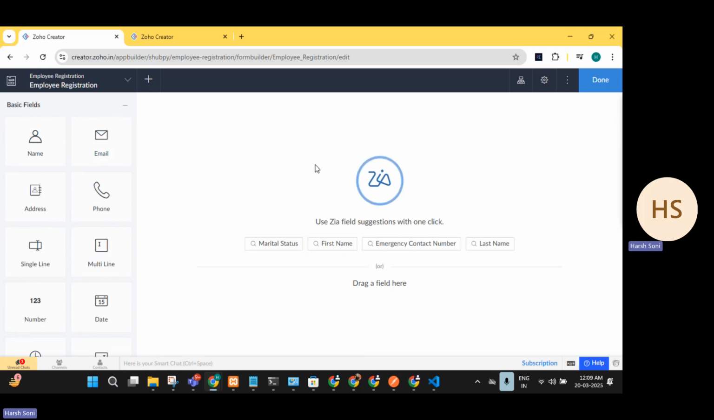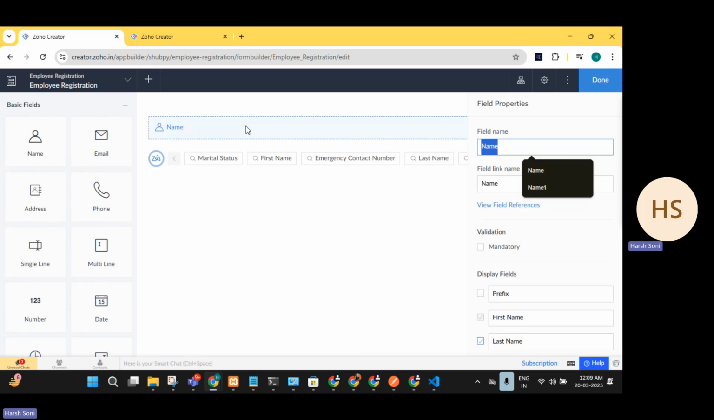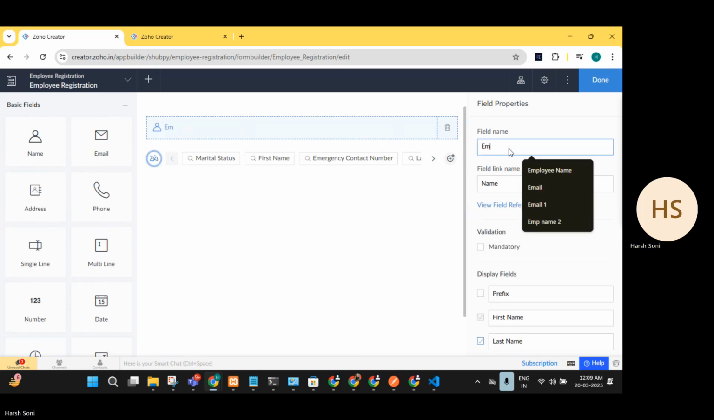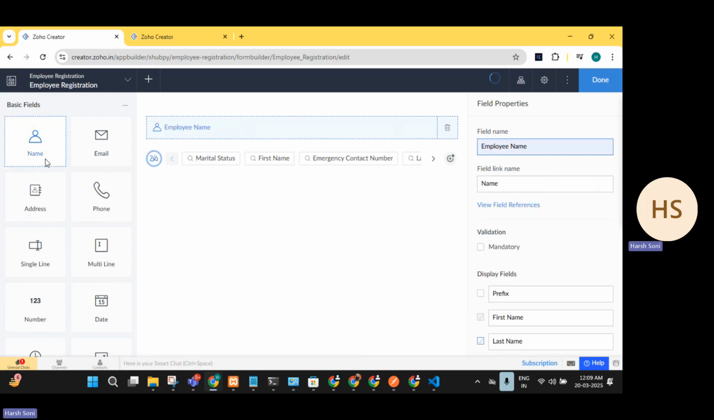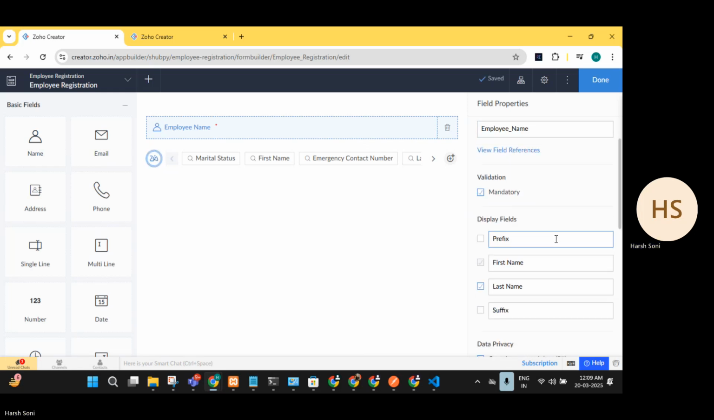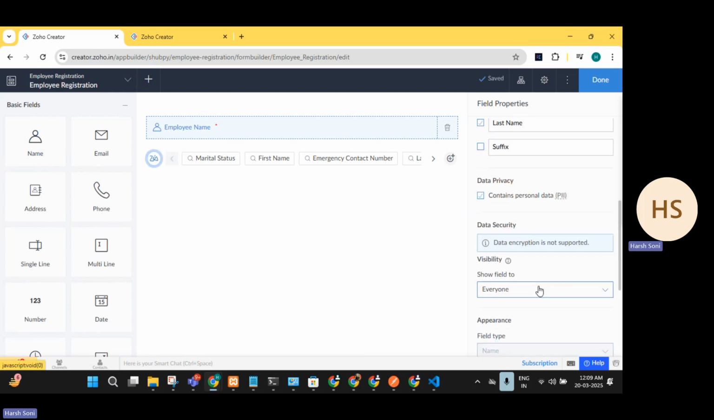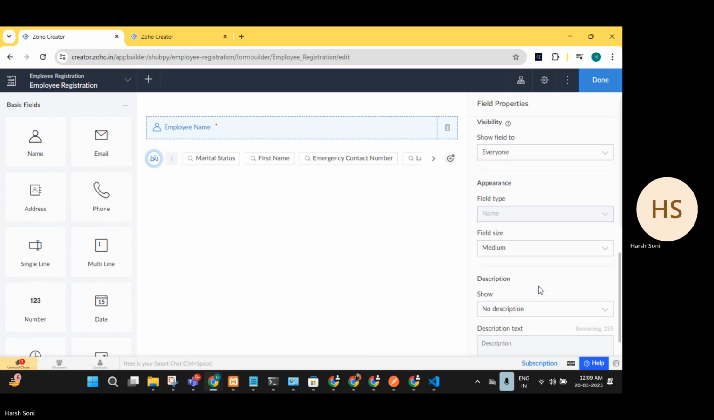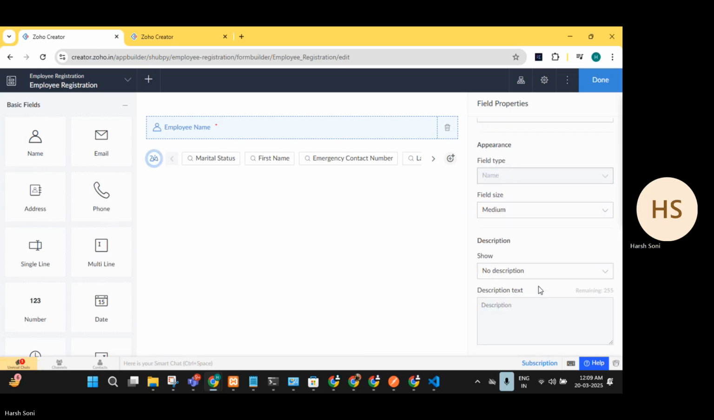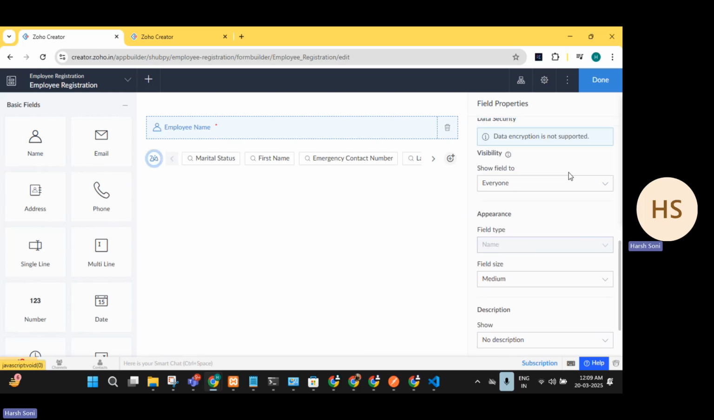So it's gonna be very simple. You can just directly drag and drop stuff from your left to the right. Name it employee name, and you can make it mandatory. In the display fields, you can add a prefix to it like Mr. and Mrs. You can add a suffix to it, but that's not mandatory right now. You can also check out the field size, field type. Okay,